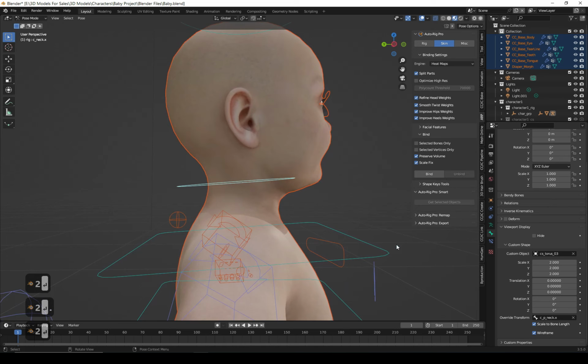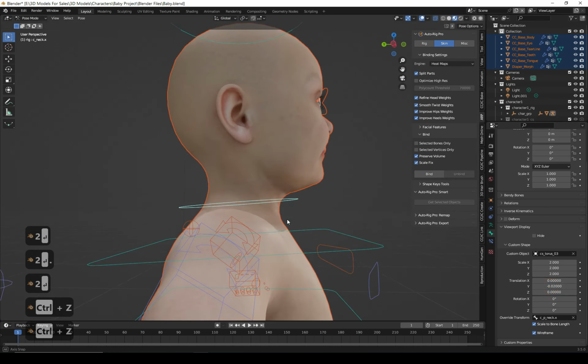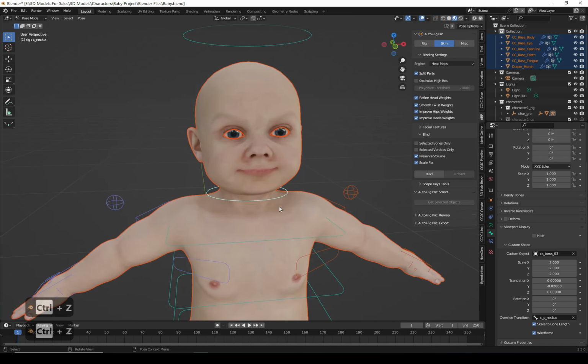If we move this controller to a down position, it will not affect the head or cause any deformation. So we are placing this in the right location and it will work well. We have to move this down, something like this. Now if we turn off the X-ray mode, you can see we have a neck controller,